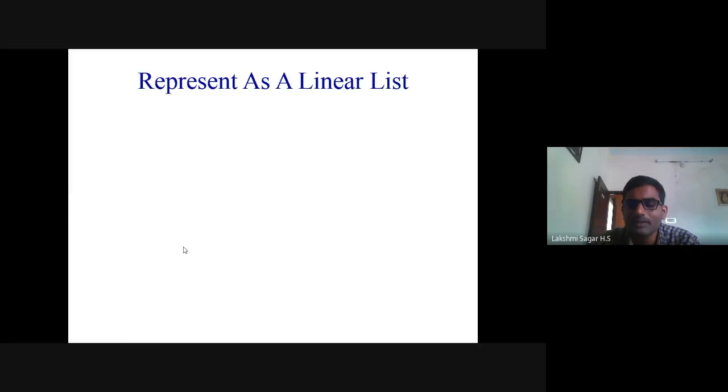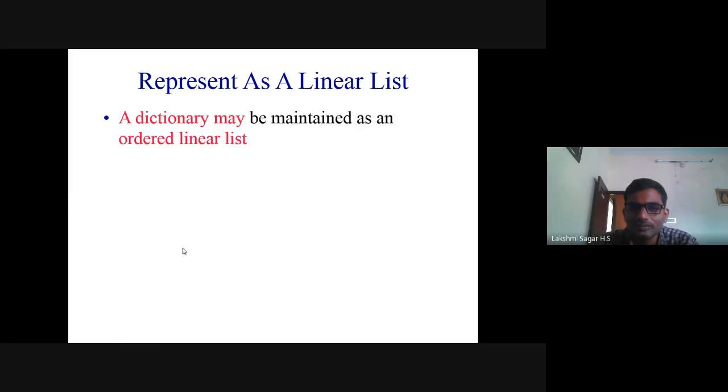Next, represent as a linear list. Here, a dictionary may be maintained as an ordered linear list. Example, suppose this is the linear list. It consists of elements E0, E1, E2, E3, up to En minus 1.